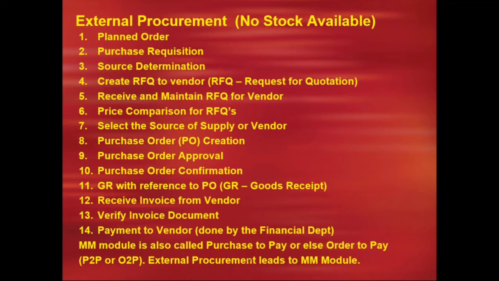So the company will receive all the quotations from all the suppliers. We'll do price comparison for the quotations and select the source of supply or vendor. On what parameters can a company select the supplier? Based upon price, quality, delivery, and service. Now, I know the material I want to buy as a buyer. Now, I know the source of supply, the supplier from where I can buy. The relationship between the buyer and the supplier is called a PO, purchase order.